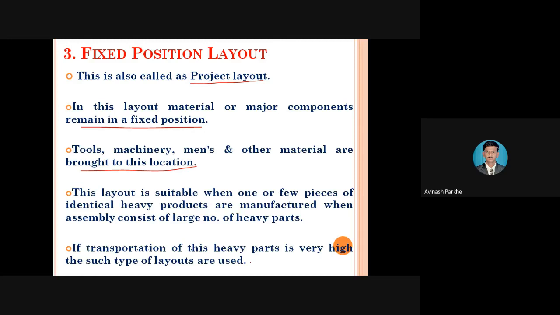One more disadvantage is that whatever equipment is provided, I am not using all of it simultaneously. Sometimes I am using the drilling machines, but in some cases the drilling machine will not be useful. Sometimes I am using the welding machine, but in such conditions the welding machines will not be useful. So all the equipment, all the accessories, all the machines cannot be used simultaneously. But in the product layout, whatever machines are provided in the sequence, each and every machine we have to utilize for the manufacturing purpose. But in the case of a fixed position layout, whatever the machines are provided,